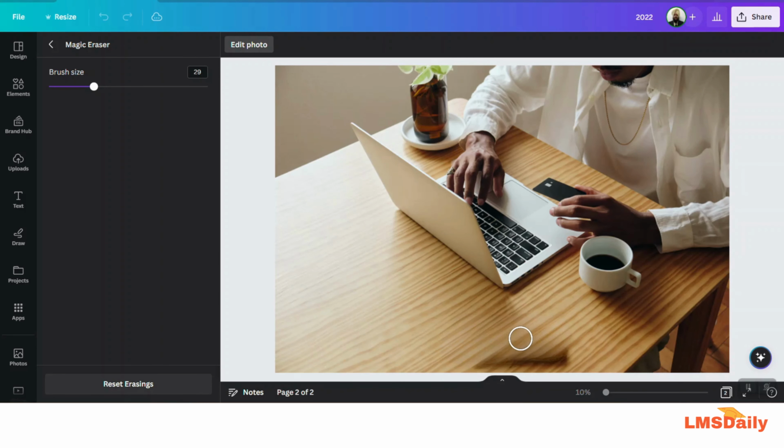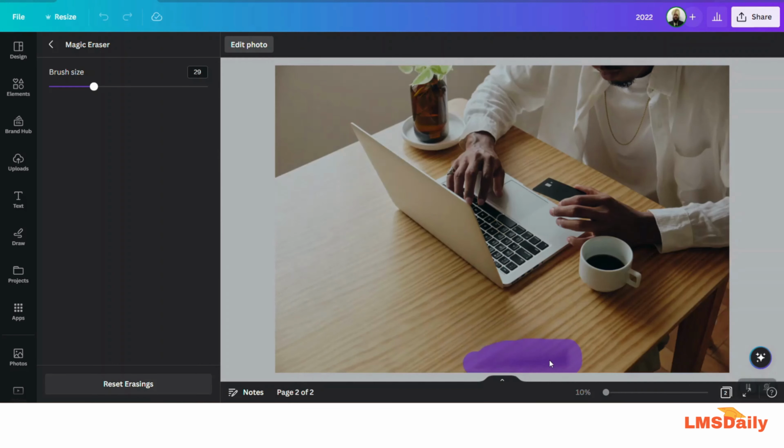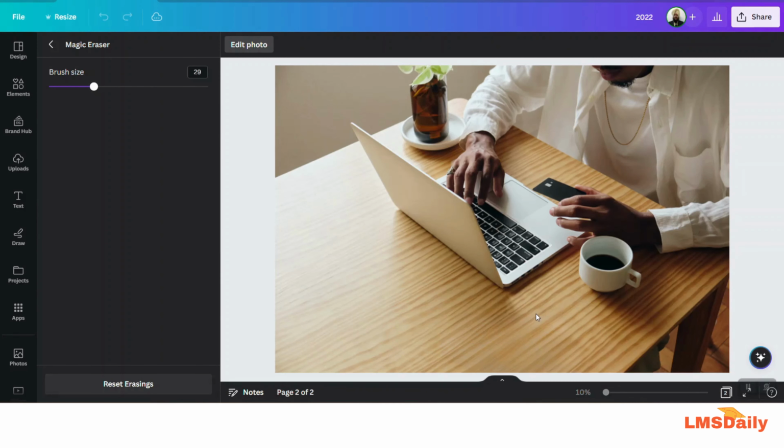So you can see that it has done a pretty nice job, but there is still a mark left on the bottom side. So let me again do this on this area. Hopefully we will get much better results. Okay, yes. So now as you can see, the phone is completely removed from this image,